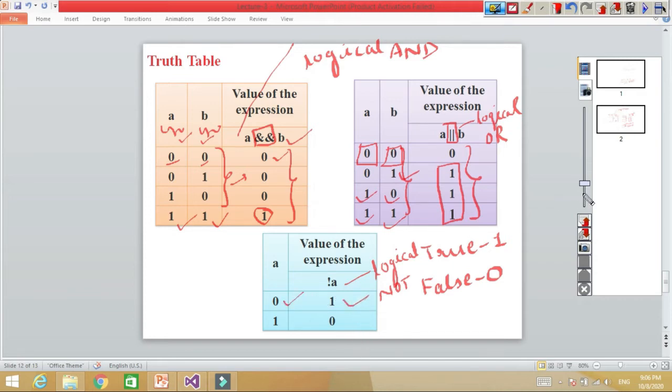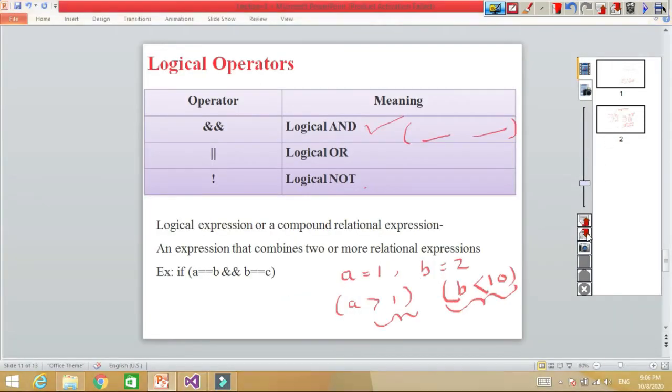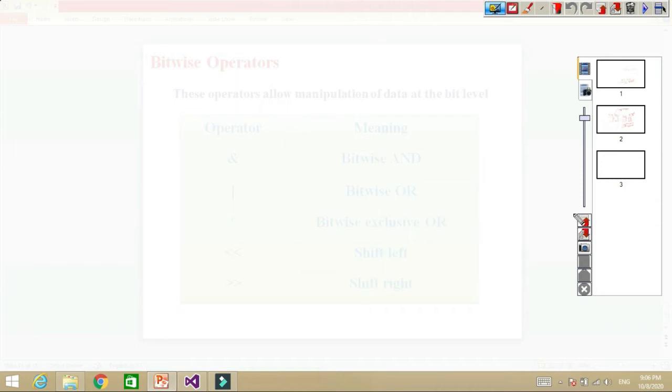So let's check it with some examples, and then we will check it through Visual Studio. Let's first check with the logical AND operator.